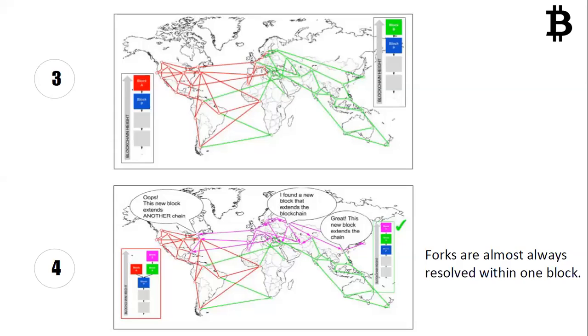Now, what happens? Until all nodes in the network agree upon a block, only then is a block added to the network, right? Now here is a dilemma. So this situation is called a soft fork. And for a soft fork, the simple solution is to wait till the next block is added. Wait till the next puzzle is solved. That's it, a simple step. And forks are almost always resolved within a block.